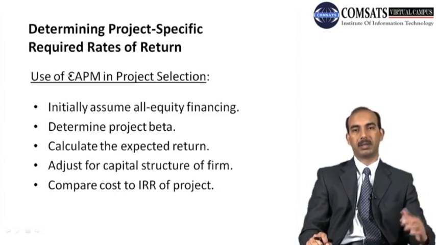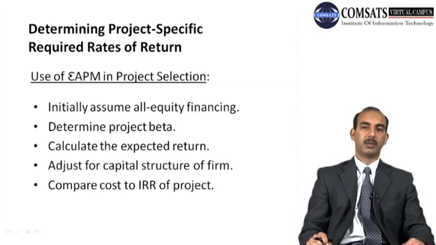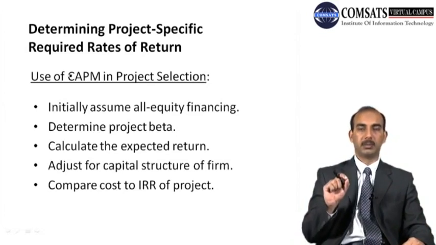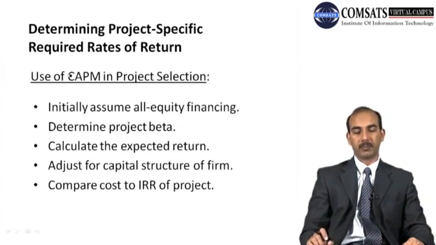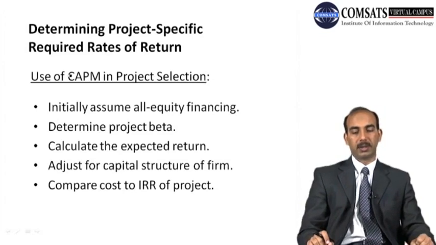We discussed project beta earlier also: we calculate the project beta by dividing the excess returns of the firm by the excess returns of the portfolio in the market, and then calculate the expected return, adjust for capital structure of the firm, and compare cost to the internal rate of return of the